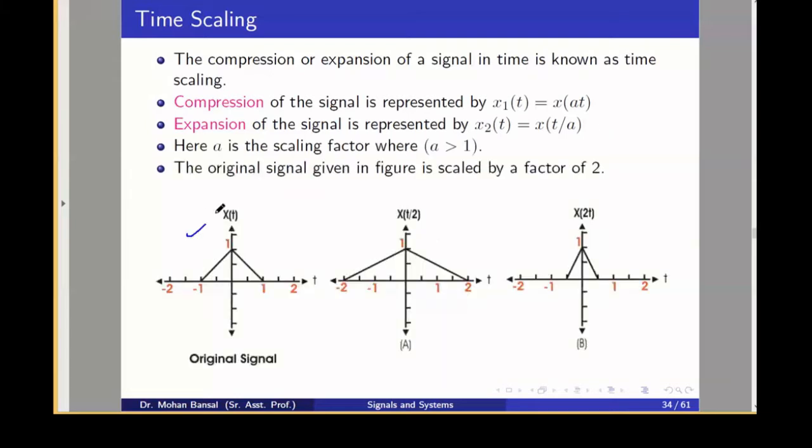So this is x(t). Here x(t divided by 2) is plotted. This is the original signal x(t). If you plot x(t divided by 2), the signal will expand by a factor of 2. Previously the signal was starting at -1. Now it will expand by a factor of 2, so the next signal will start from -2 and end at 2. Now if you plot x(2t), it will compress by a factor of 2, so you divide by 2. It will start at -1 by 2 and end at 1 divided by 2. Here you can see that. So this is the compression and expansion.